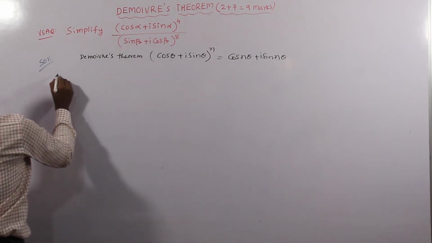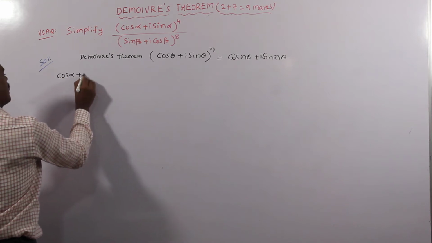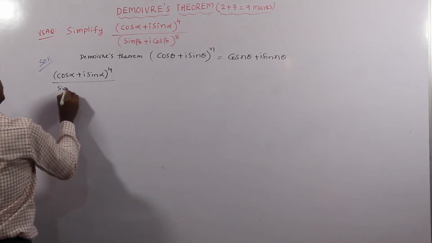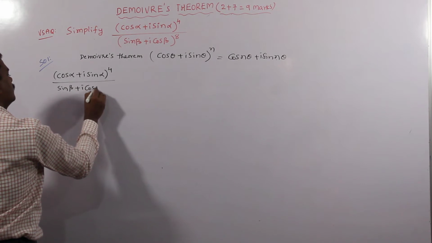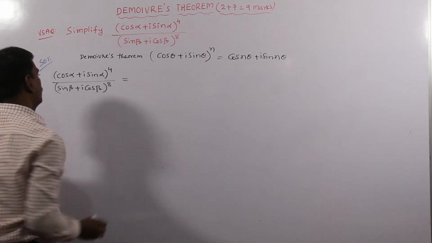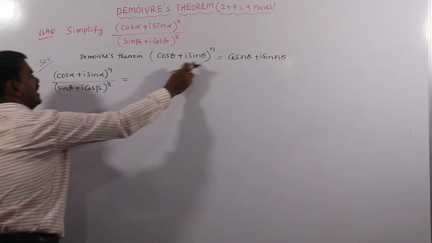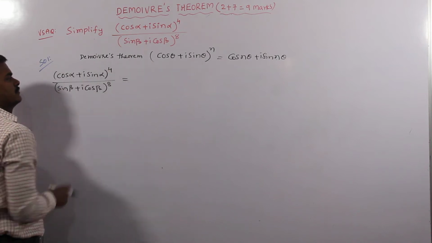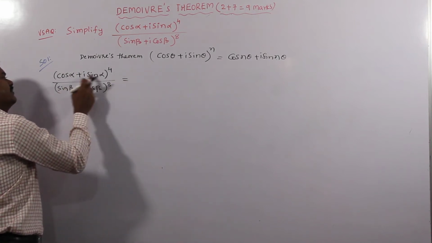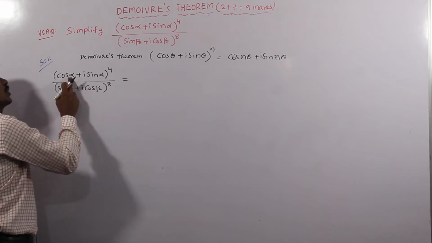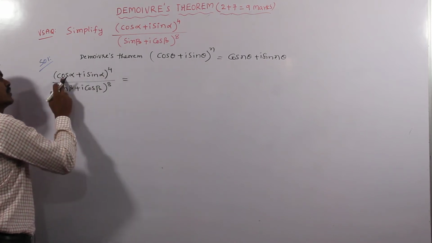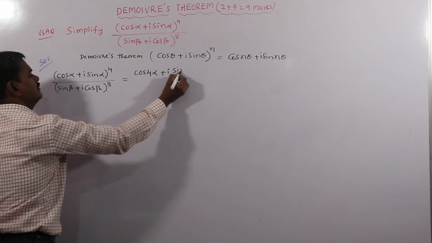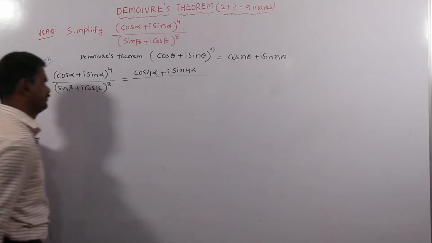Now let's go to the given expression, (cos alpha + iota sin alpha) whole power 4 by (sin beta + iota cos beta) whole power 8. Now for the numerator we can apply Demoivre's theorem directly. The numerator is in the form of (cos theta + iota sin theta) whole power n. So according to Demoivre's theorem, power multiplied with the angle, 4 into alpha, 4 alpha. Here also 4 into alpha, 4 alpha. So what will it become? cos 4 alpha + iota sin 4 alpha, whole divided by